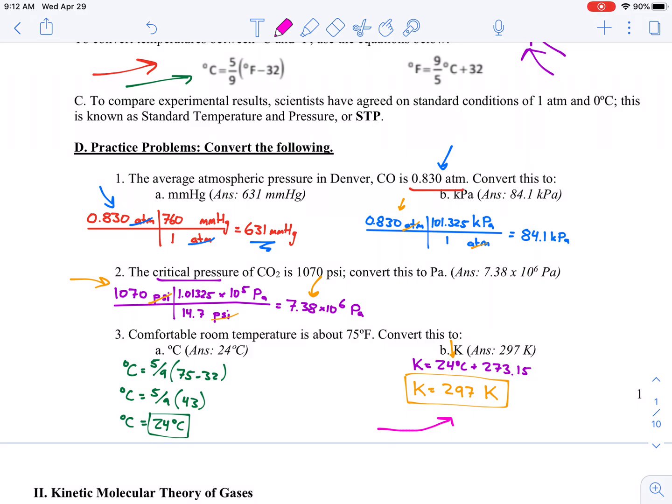So we will get very, very used to converting to Kelvin. You must always convert to units of Kelvin when dealing with